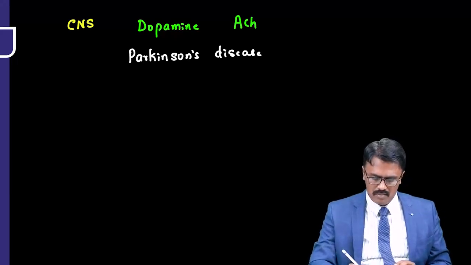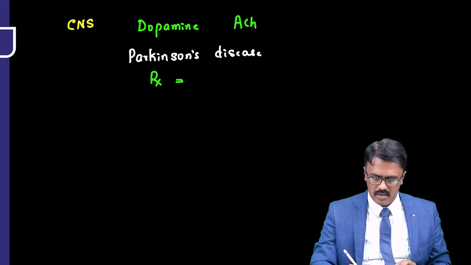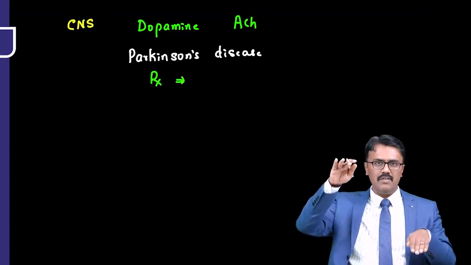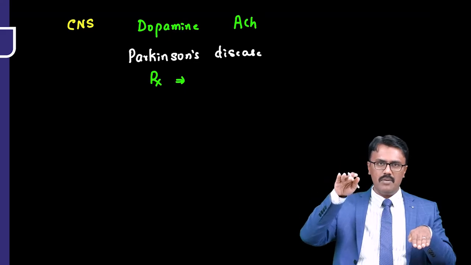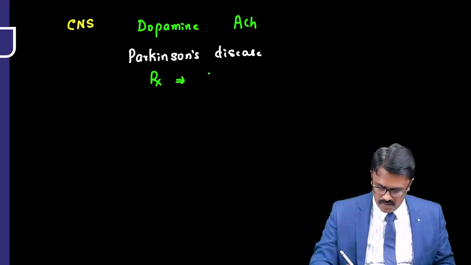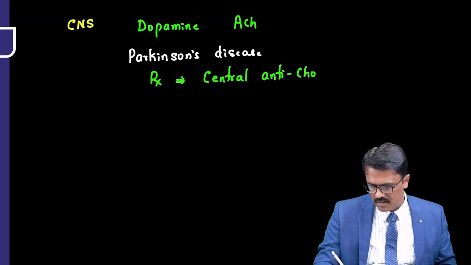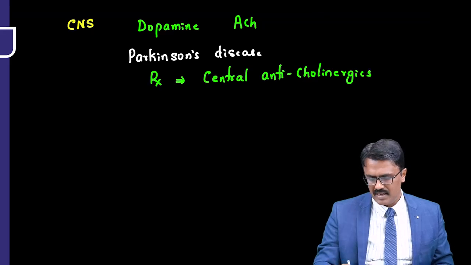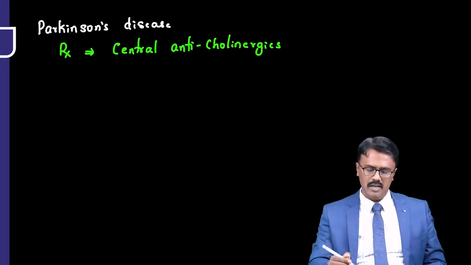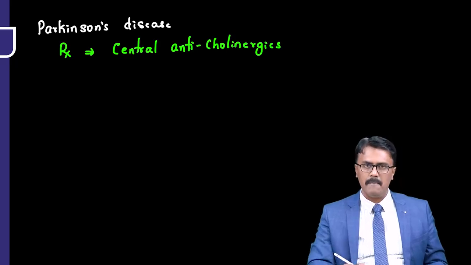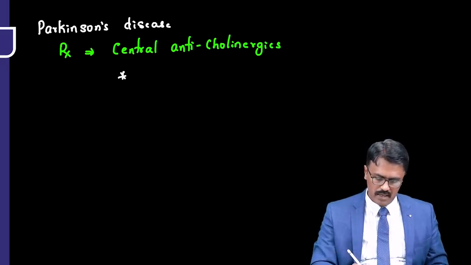Suppose you want to treat a Parkinson's disease patient, then you have to suppress the activity of acetylcholine. So which is up, you have to suppress that. So we use the drugs called central anticholinergics. Now, they cross the blood-brain barrier, and what are those? They are called